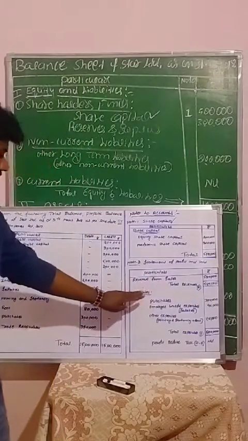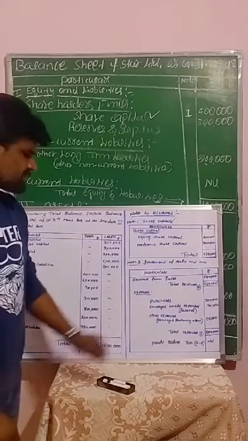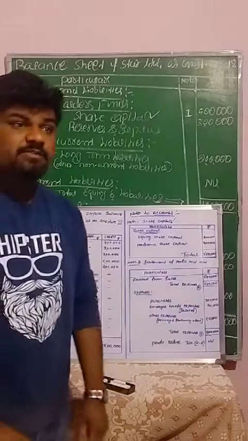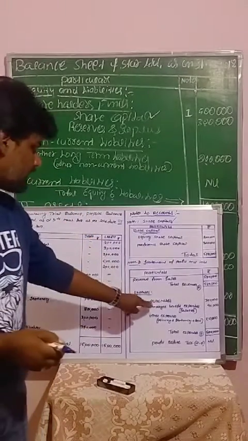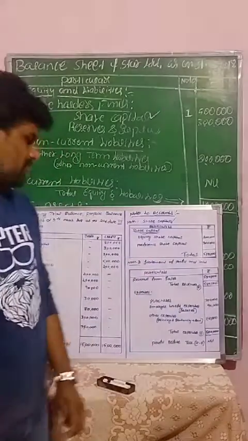Under that, the second step is expenses. Related to expenses they have given a few transactions, right? Here tangible assets need not be recorded, intangible need not be recorded. Again, here they have given some purchases. Purchases are 3 lakhs rupees, right? Purchase means purchase of raw materials. This is an expense to the business. So we take purchases as 3 lakhs rupees. This is an expense to the business.